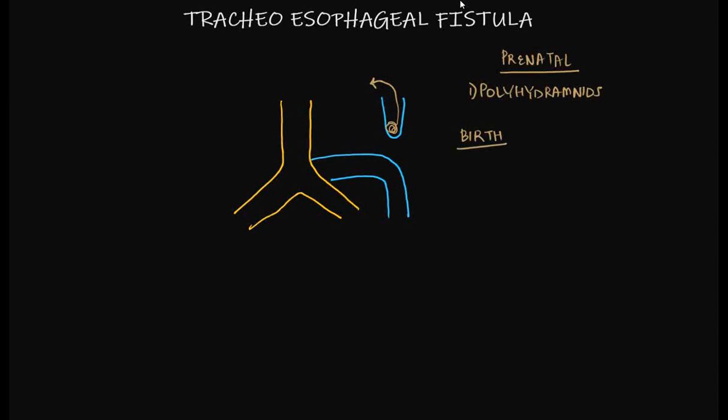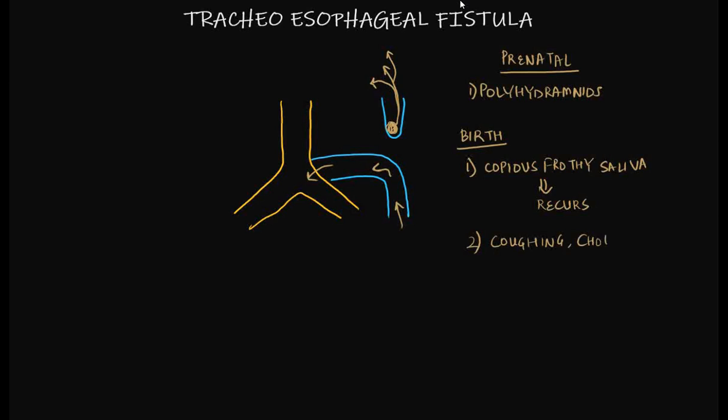Now at birth, again, since the fetus is not able to swallow, they present with copious white frothy mucus and saliva in the mouth and nose, which recurs despite suctioning. Now since the distal portion has the fistula, aspiration of contents of the stomach can lead to coughing, choking. Now this is associated with cyanosis, and it is worse during feeding, and it can also lead to complications of the lung such as aspiration pneumonitis, lung abscess, acute lung injury,